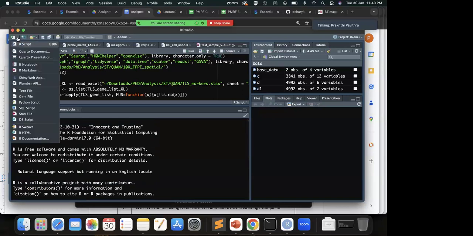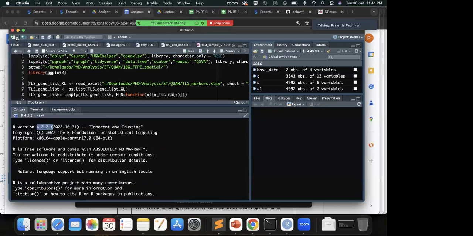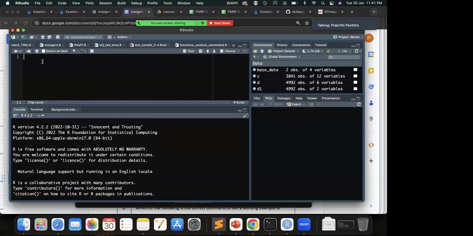And to create a new script, you click this arrow and choose R Script. Here you can write anything, and any command that you write becomes part of the R script. If you don't want the command to be executed, like if you just want to take notes for yourself, you first put a hash symbol at the start and you write